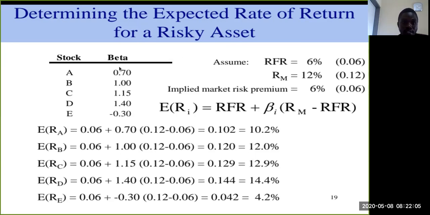We've got the betas of A, B, C, D, and E. And we also have the market interest of 12%, and we've got the implied market risk premium of 6%. You see? So from the market interest,